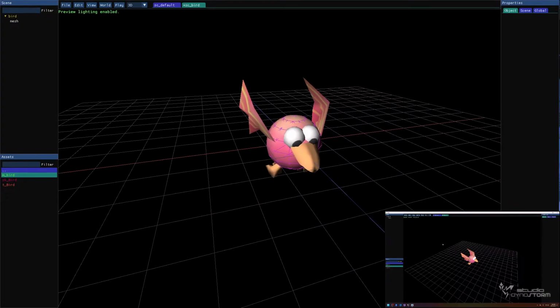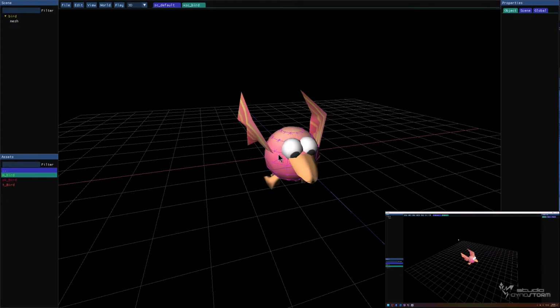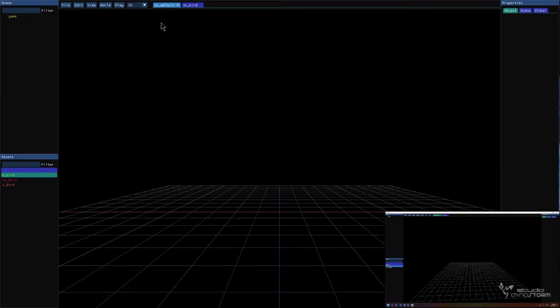Okay, nice and simple, isn't it? Press Control S to save our bird scene for now. And then let's go back to the default scene and let's instantiate one of the birds. Let's instantiate the bird scene into our SC default scene. So let me go back up to our scenes, and I'm going to right click on SC bird and click instantiate,